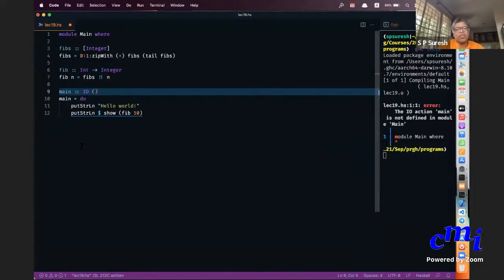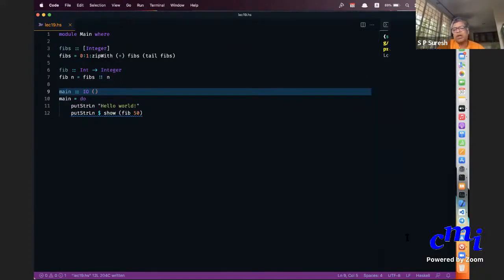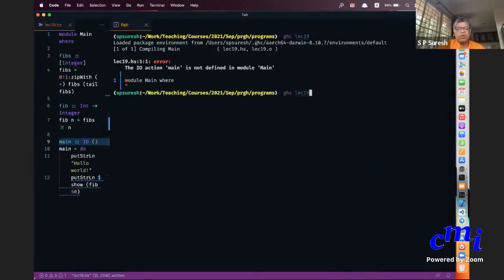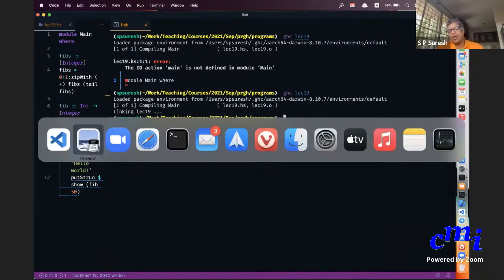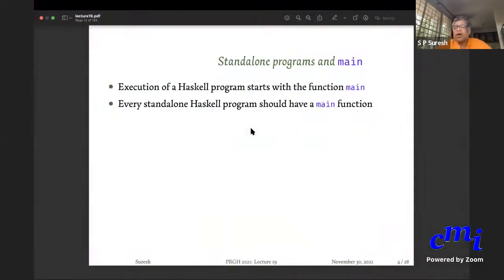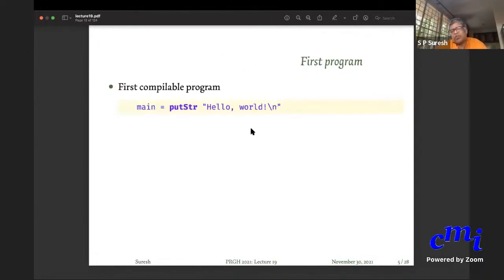I've undone all my changes. I'll save this again. Now it compiles. So you need main to compile properly any standalone program, and your program starts at the first line of main. You should have a starting point for your program. Main is the starting point for your program.